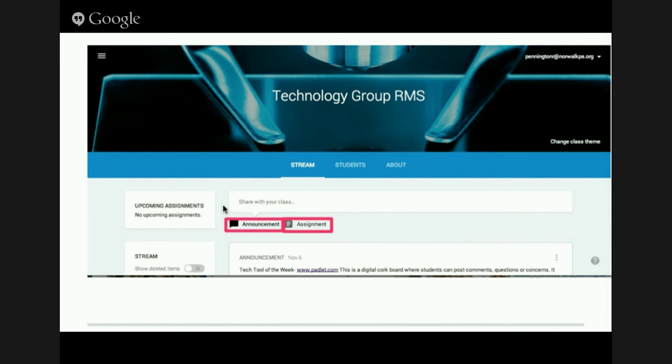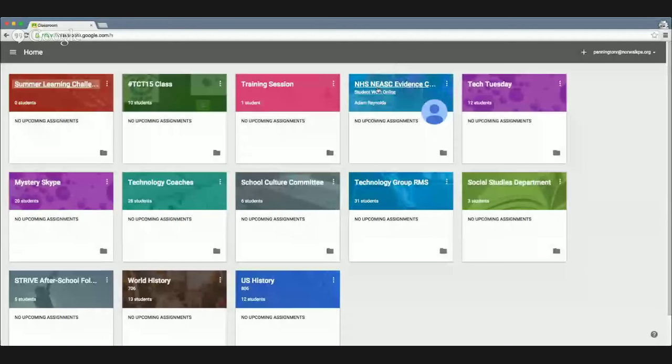You can upload documents, you can upload Excel sheets, or you can upload any sort of documents, anything that you'd like. And I would agree. And if you look, here's a bunch of classes that I've created, and you can see just by clicking on the plus button here that you can add a new class pretty simply, which I've always found to be one of the best features of